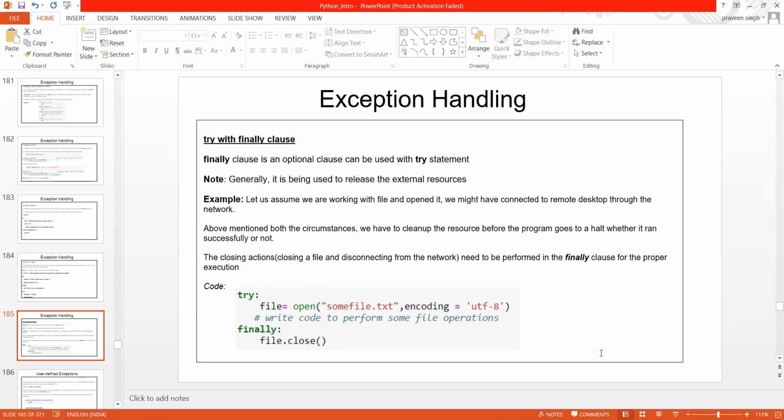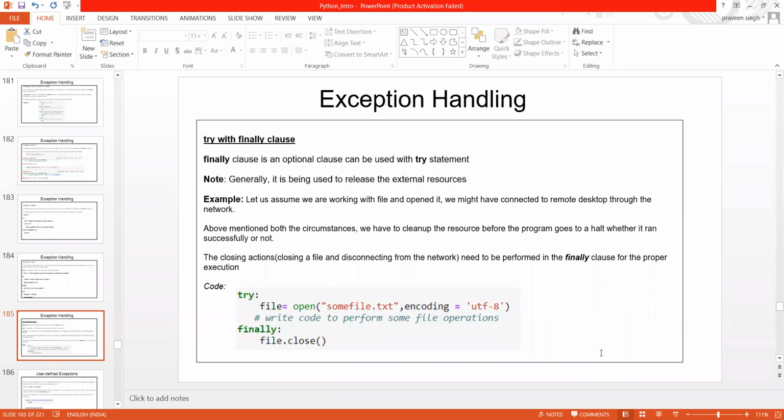Our file is there, and I'm trying to open it, and I want to write something here. And maybe we might have a connection to a remote desktop through the network. Okay, now these two conditions are there.